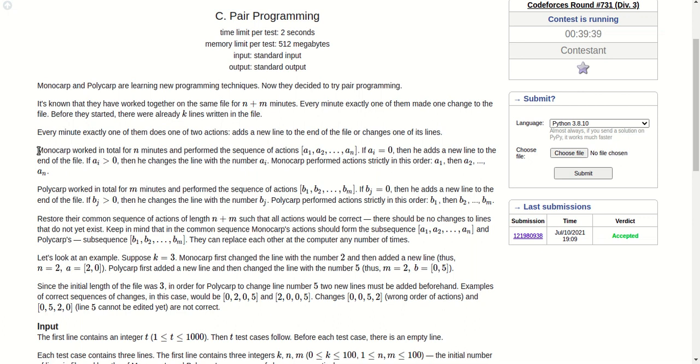Monocarp has worked a total of n minutes, and in those n minutes he has done operations a1, a2, up to an.